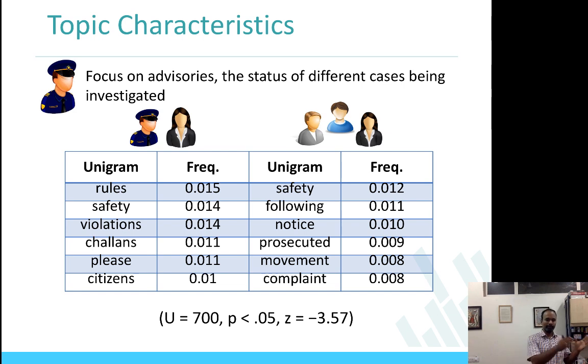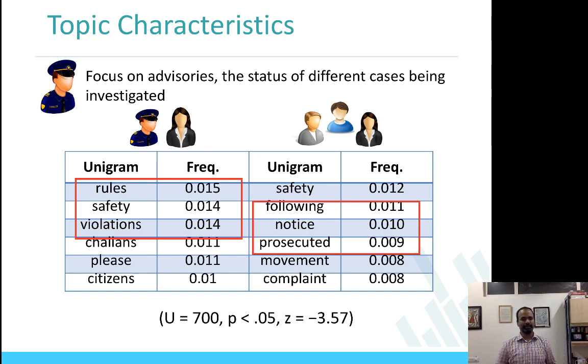So when police post, again, if you look at the icon on the top, it's police. When the police post, police are focusing on advisories and the status of different cases being investigated and information that the citizens would be interested in. That's what the police is posting about. So if you look at the content analysis, when police post and there are interactions with police and citizens, there are always discussions about rules, safety, violations. These are looking at only unigrams now. So you look at the concepts of rules, people, police posting about these are the rules, don't cut the signal, safety rules, wear helmet, violations,